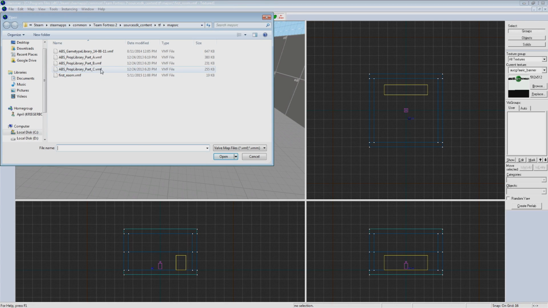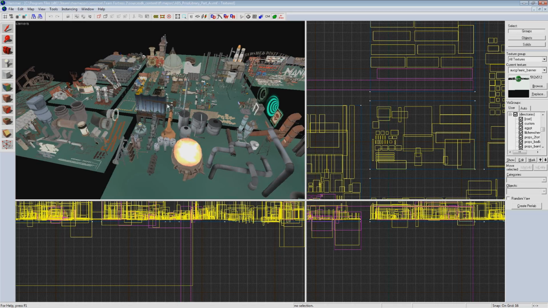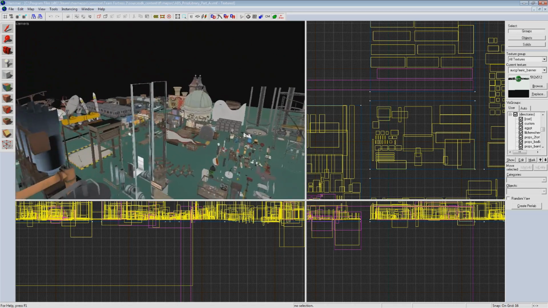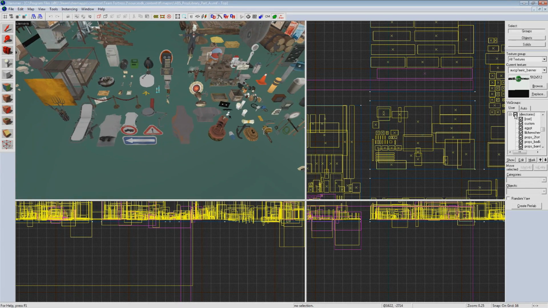The default folder that your map saves in is where they are stored. They are divided into 3 parts due to Hammer not being able to handle loading all those props at the same time without causing it to crash. Let's load up Part A first. Keep in mind it's important not to load more than one of these up at a time or you risk crashing. Flying around, you can see a veritable smorgasbord of props at your disposal. If you don't see any props, go to your viz groups on the side here and make sure all the